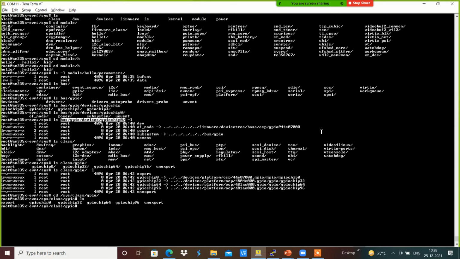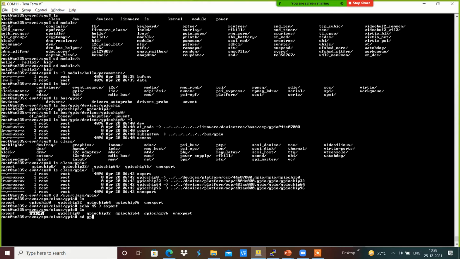For example, I am going to echo the number 45, which is the GPIO number I want to export, into the export file present in sys class GPIO. This exports and creates a new node called GPIO 45.